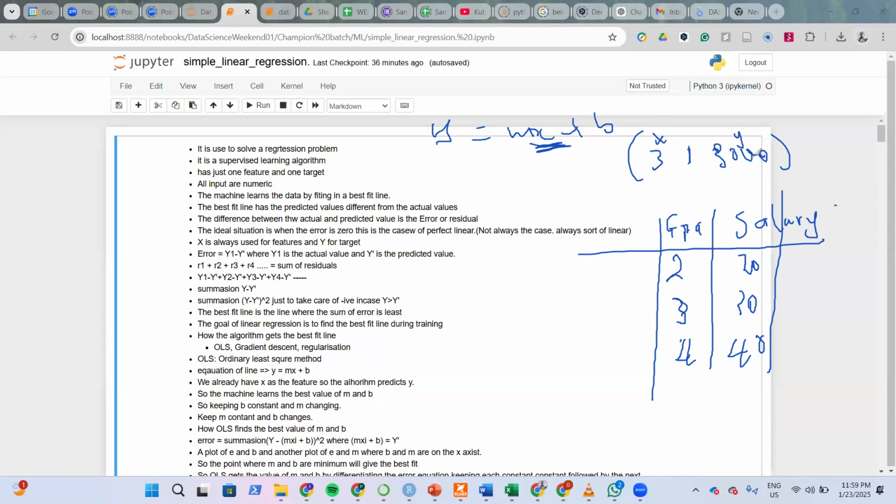So this is x and this is y. And so your x value will be this, and then your y value will be the corresponding salary. So if you come and then you take this,